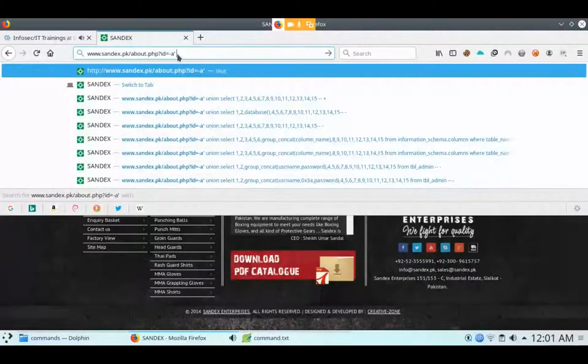I will use hyphen plus to comment the query, because you are entering SQL commands. Do you know about HTML, JavaScript, Python, anything? PHP is also a language. If you are using any query, then you have to comment the query. After that, you will run it. Minus hyphen will also work.